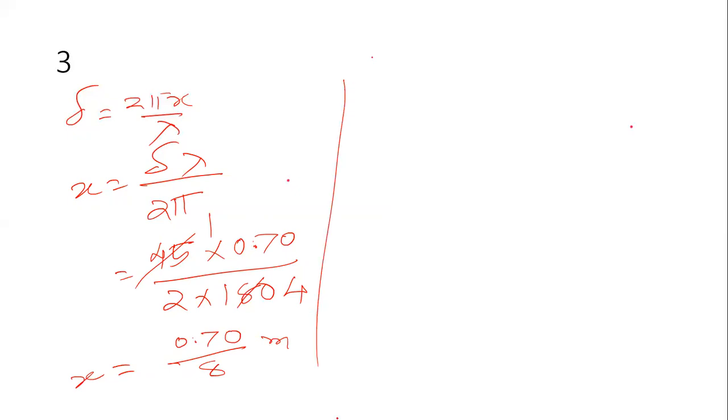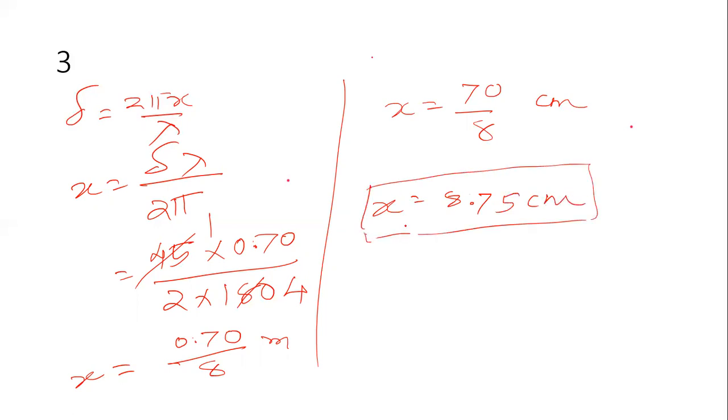In centimeters, it will be x is equal to 70 divided by 8 centimeter. So this answer will be equal to x is equal to 8 point... if we divide 70 by 8, we will get 8.75 centimeter. So if two waves are 45 degree out of phase,